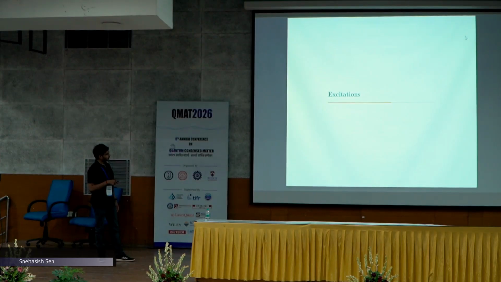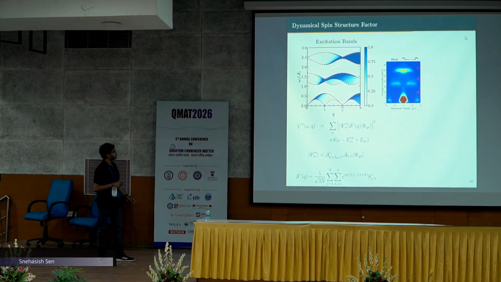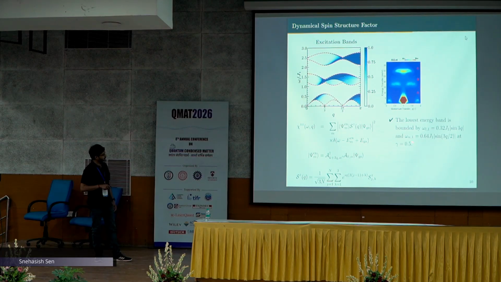That encourages us to look for the higher energy excitations, and we have done that by calculating the dynamical spin structure factor. As you can see here, this is the dynamical spin structure factor obtained from the DMRG, and these are quite similar. For this lower spinon band, the bounds are given like this, 0.32 J1, 0.61, and this number is actually within a 10% margin of what we get from the Bethe-Ansatz effective low energy Hamiltonian value. So, that is quite close and encouraging.